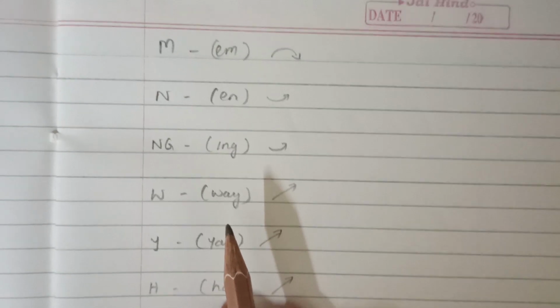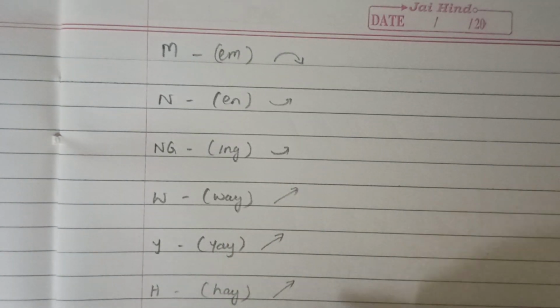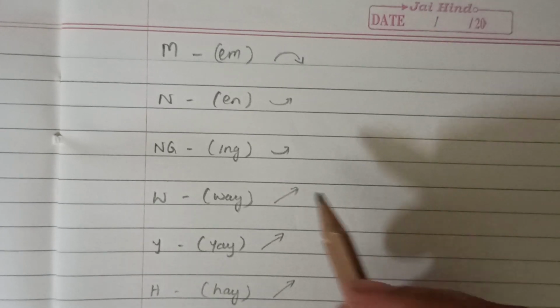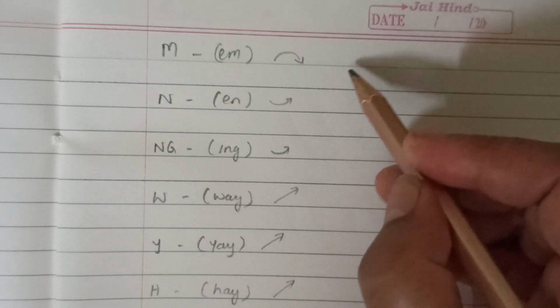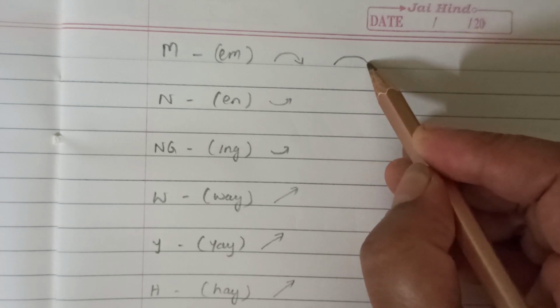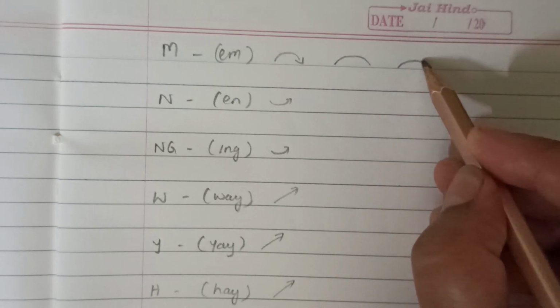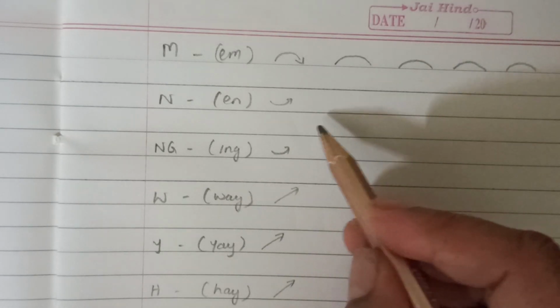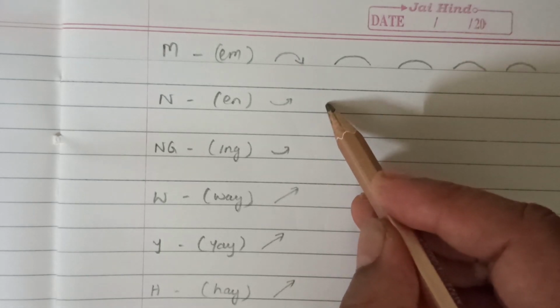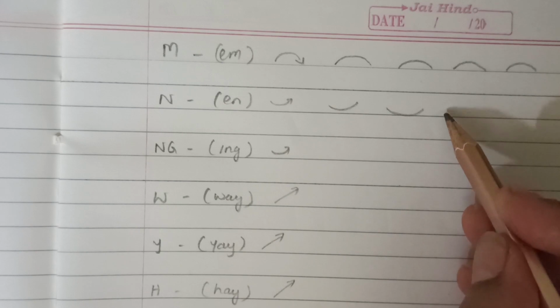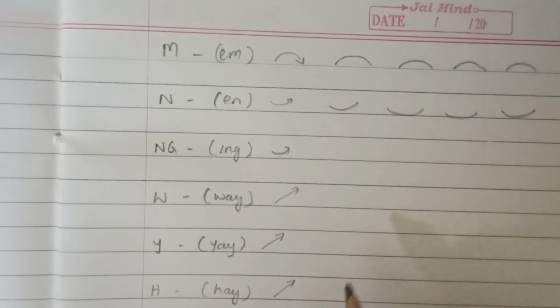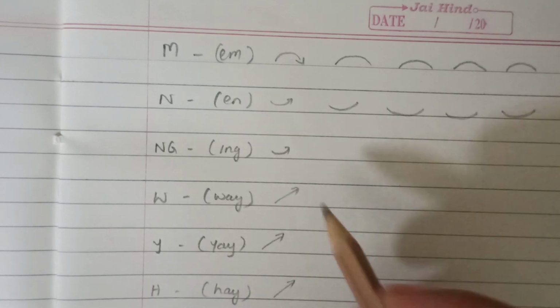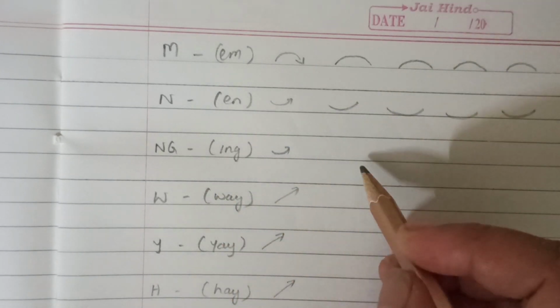And now the next consonant is going to be M. So M, again, is a horizontal curve stroke. Again, the direction is given here. So from left to right, a light stroke, M. And the reverse of it, again a light stroke, is going to be N. And a dark shade of N is NG, which sounds as ing.